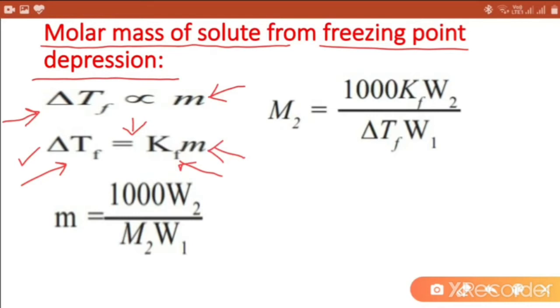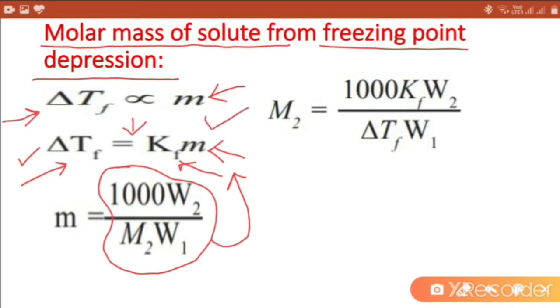And we know molality is the ratio of number of moles of solute and mass of solvent in kg. So the value of molality becomes 1000 into capital W2 divided by capital M2 into W1. And by putting this value of small m, that is molality, in this equation,